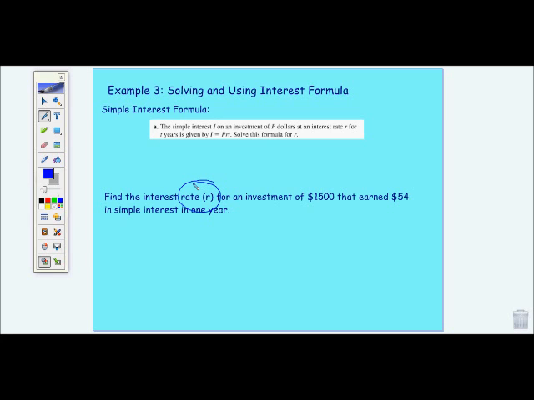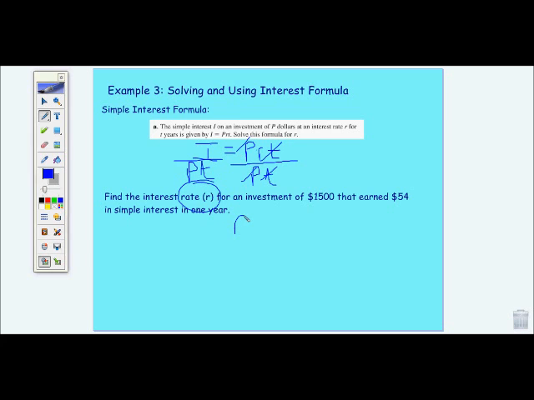In order to do that, I am going to need to isolate R. I'm going to rewrite this so it'll be a little bit easier: interest equals principal times rate times time. Now, principal and time are both being multiplied by rate, so I'm going to do the inverse operation and divide both sides, being a balanced equation, by principal times time. When I do that, I will get